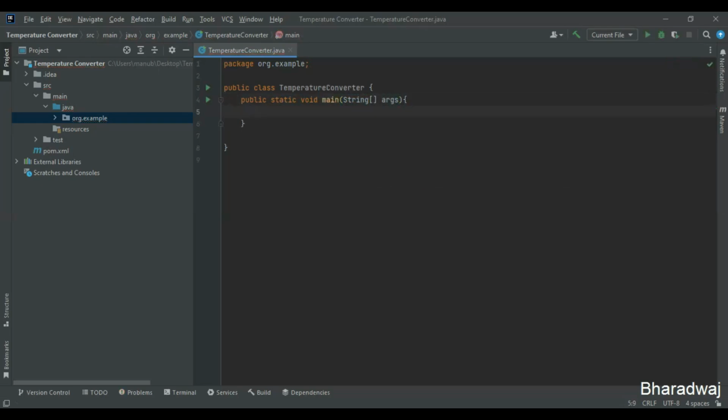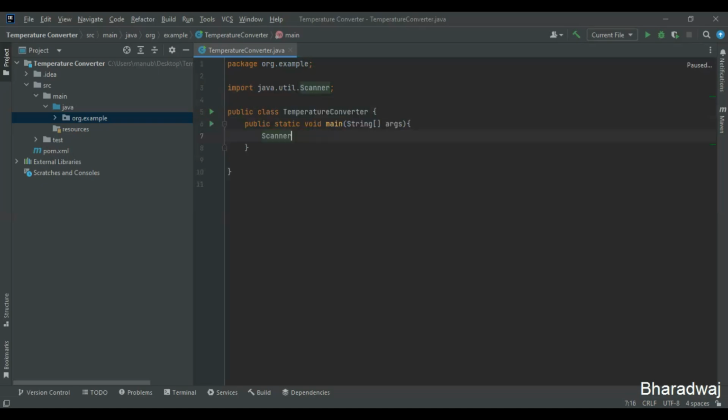So next, what I'll do, let's create a scanner object for the user input. So I'll just give scanner. So we can see here we have imported the scanner class for the user input from the Java util package, right? I'll just give scanner here, new scanner, system dot in. So here what we have done, we have created a scanner object for the user input,